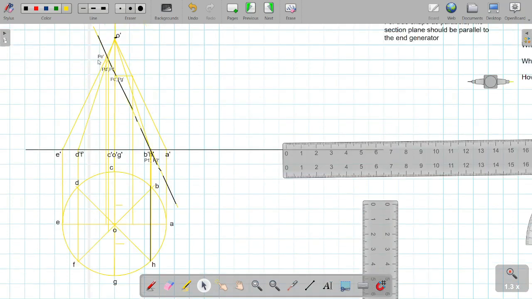now I will give the naming to the points. So this is PE on generator OE, this will be PE, then PD and PF. So this point on OD is PD, and on OF is PF. Now just now we have marked these points. So this is PC and PG,